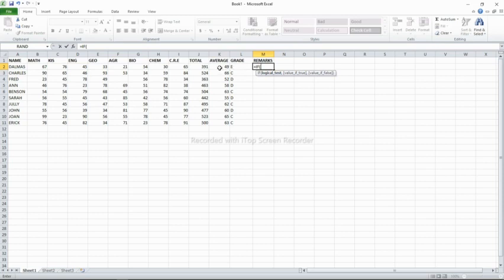So we are going to still use K2, which is the average. You can see it right there. So we're going to use K2, sorry, let's repeat: equal sign, open the IF function, then you're going to use K2. So if K2 is greater than or equal to 80 marks,